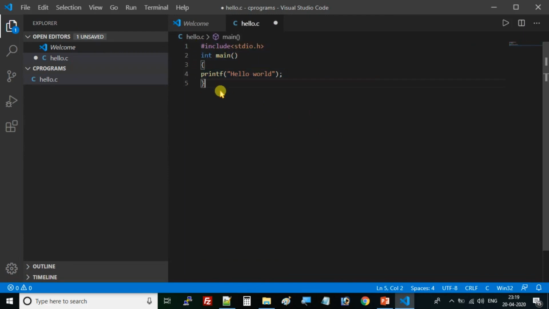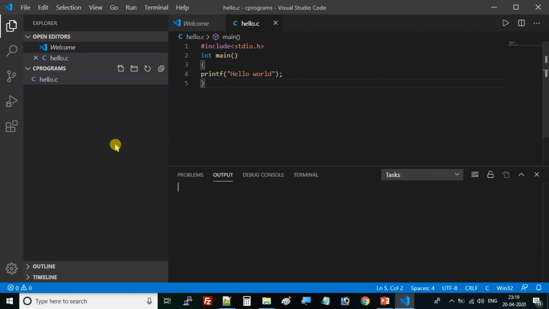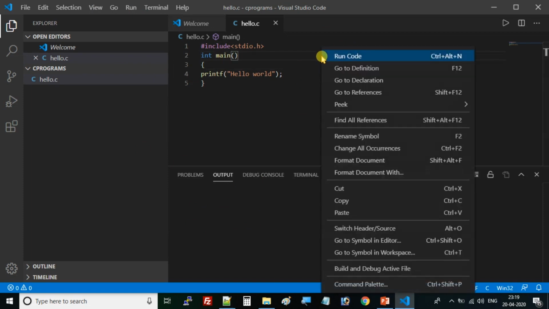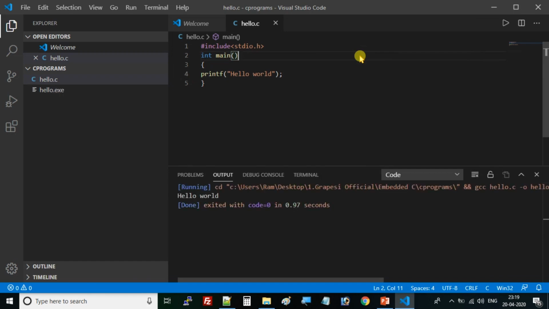When you complete this, save the program. Click on the View section and click on Output, so that you will get the output here. After that go to the main window and click on the right button and run the code. Congratulations, your first Hello World program has run successfully.